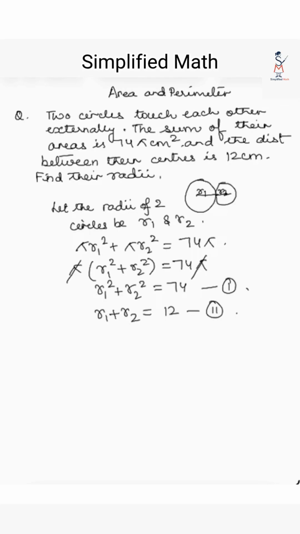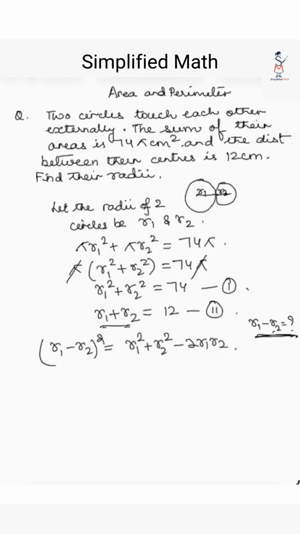Now here what we have to understand, we have been given R1 plus R2. In case I find R1 minus R2, I'll solve these two equations simultaneously and get the values. So my job will be to find R1 minus R2. To find R1 minus R2, I need to have R1 into R2. Why so? I'll show you. R1 minus R2 whole square is R1 square plus R2 square minus 2 R1 R2. This we know, but we don't know this and we don't know this. So we need to find R1 R2.